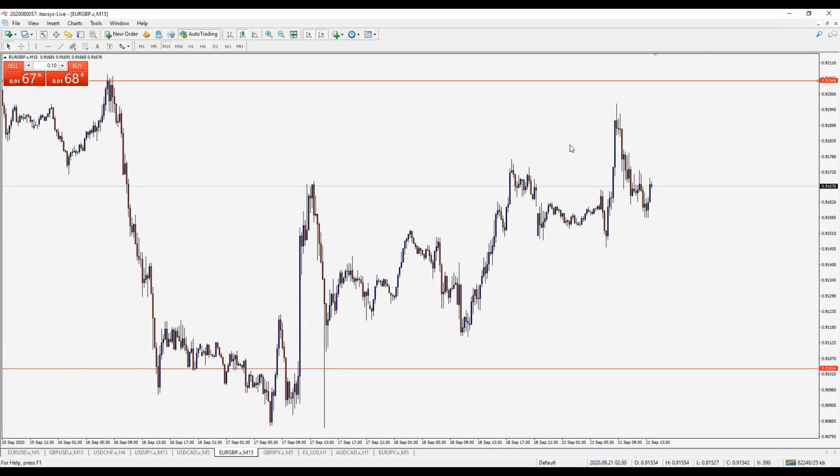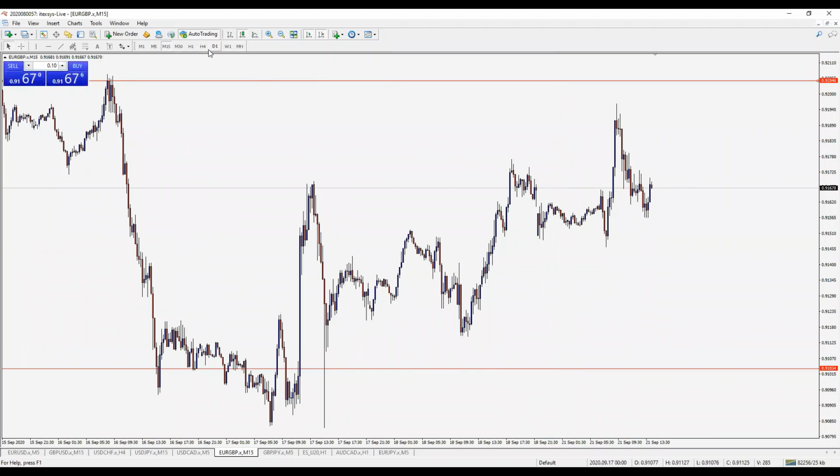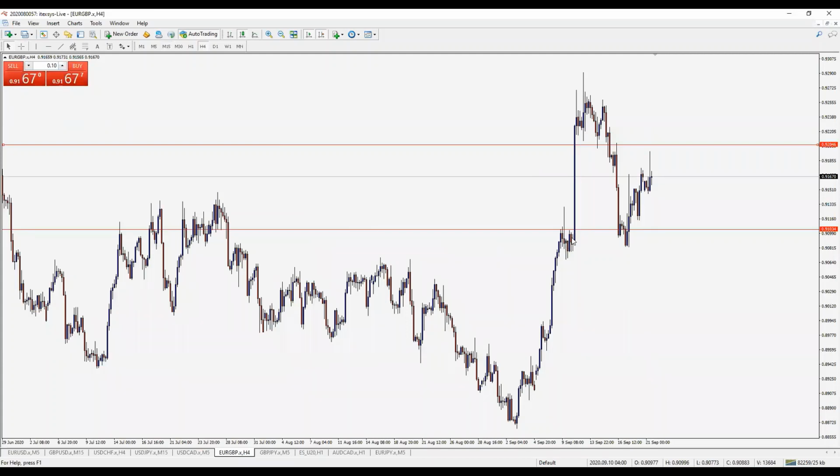Well, so you can see exactly how it works. It is a perfect reaction of the price for this demand. You can see how the price goes from demand to this supply, and let's see what happened. But for now,